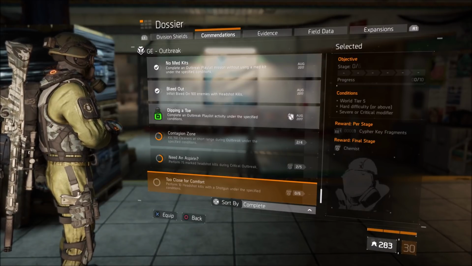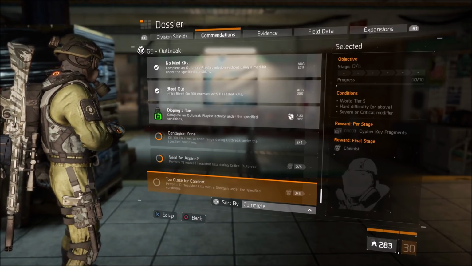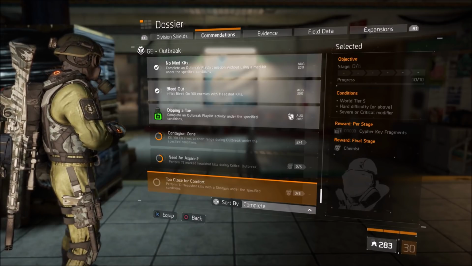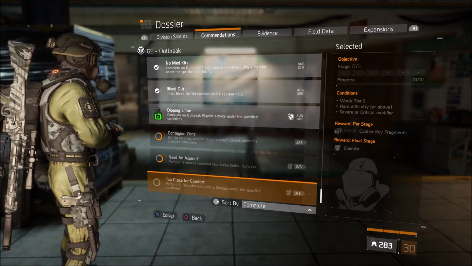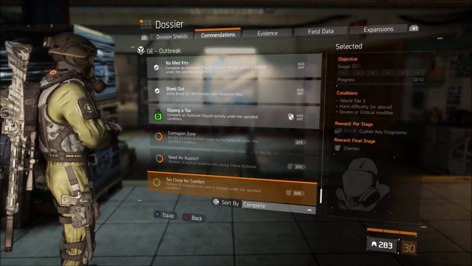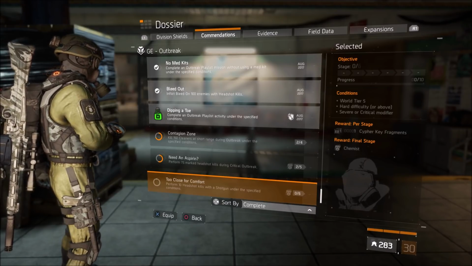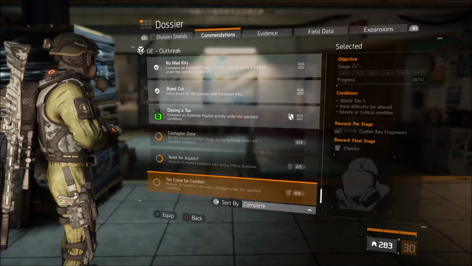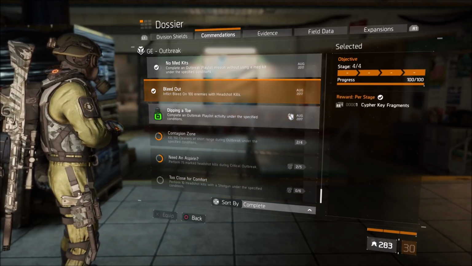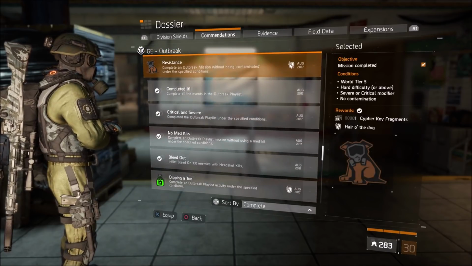Perform 10 headshot kills with a shotgun under the specified conditions. World Tier 5, hard difficulty or above, severe or critical modifiers. So you have to be in one of the missions to get this mask. You have to use a shotgun. And again, I recommend that you do it solo. Something you can do for all of these masks, it doesn't matter what mission you go to, as long as